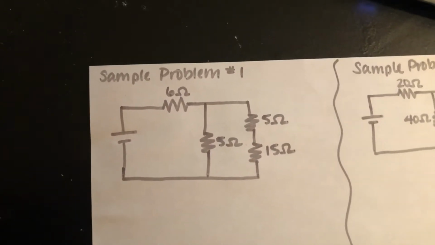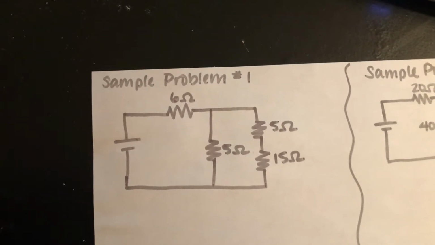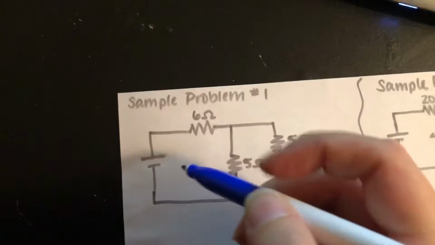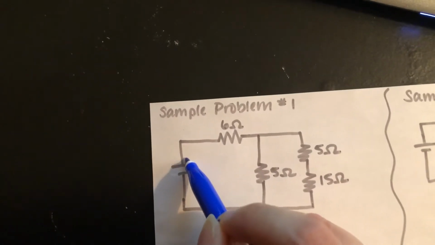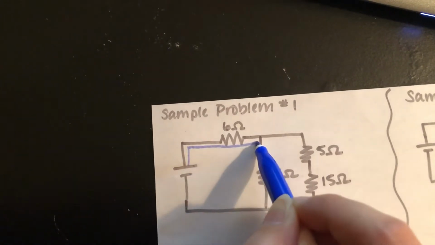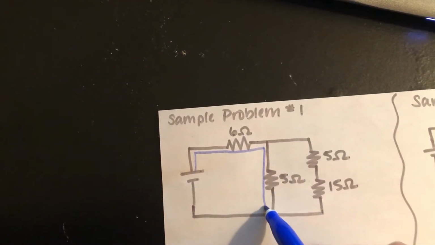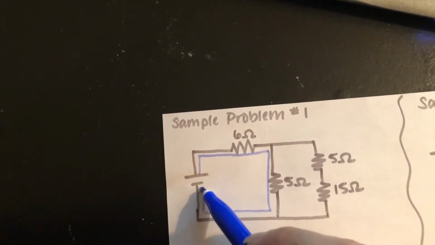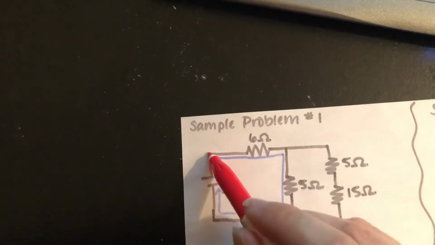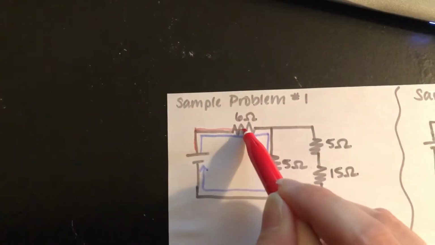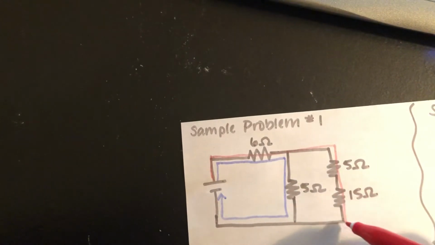The first thing I always want to do to analyze my circuit is to trace out all the different pathways that current can take through it. I know current always starts at the high potential end of the battery. So let's start right here, move this way, and then we reach a junction, which means that our current's going to split. Some of it's going to go down this way and back over to the low potential side. And some of our current, again, will start at the high potential side. We'll go through the 6 ohm resistor